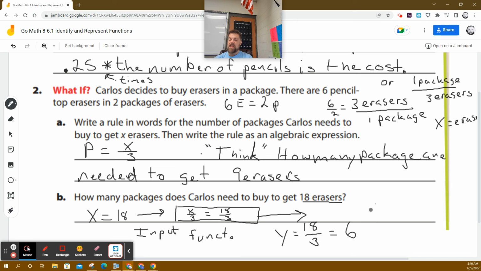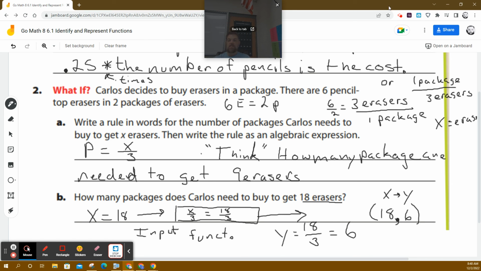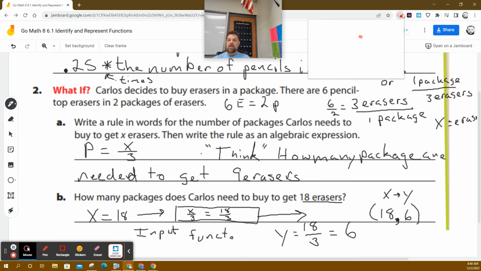So now here's the thing. If I were to graph this, I would say (18, 6). So I put my X value in, I run it through the function, and it spits out a Y. Does that make sense? Okay. Any questions on that? So we have to write all